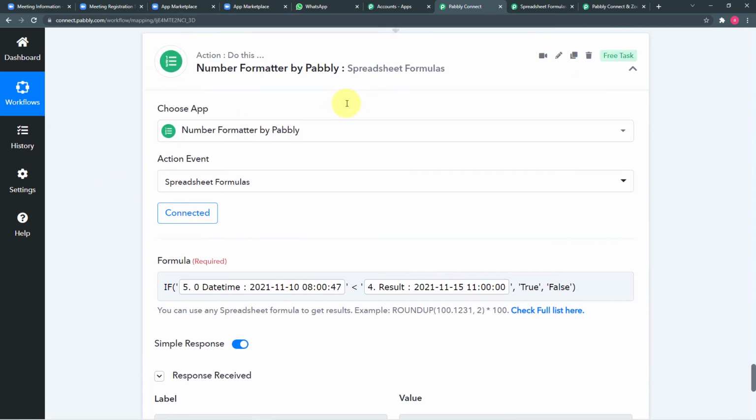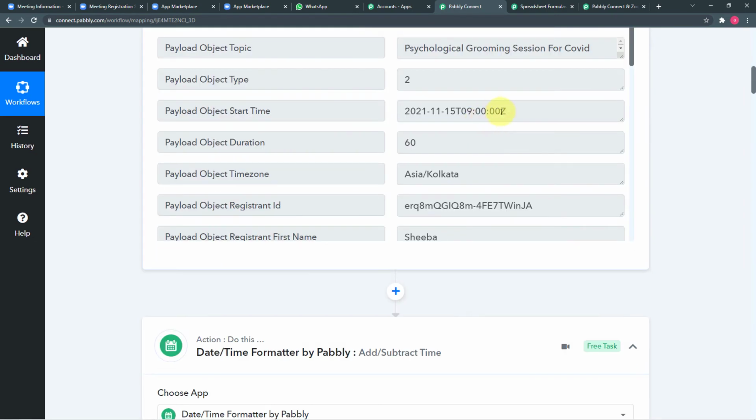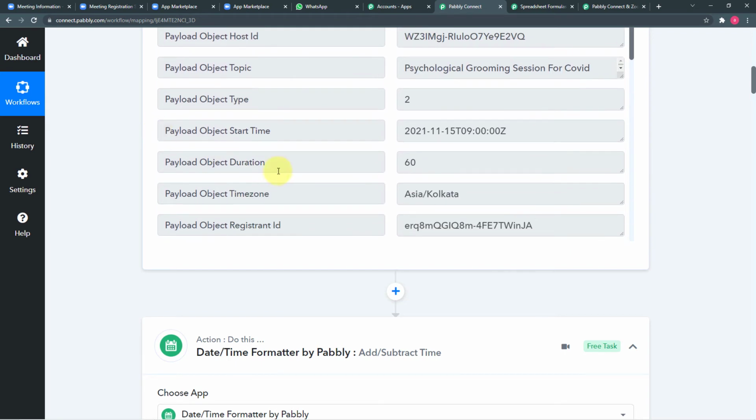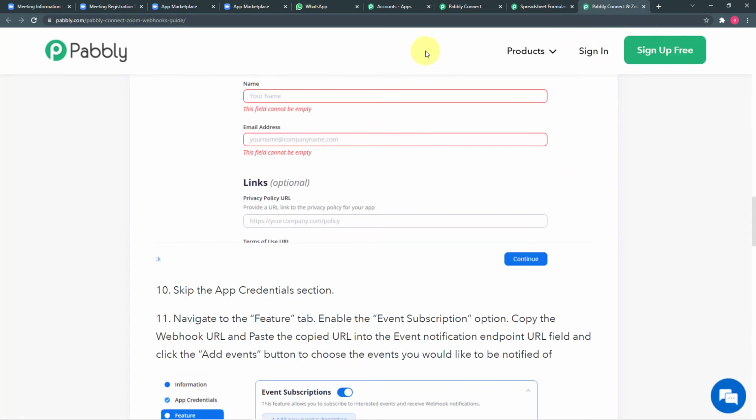see, from the Zoom meeting we have got the date in the UTC format, as I have shown you. As you can see here, in the first step where we captured the data from the Zoom app, we got this date and time in this format. But in the message that I have shown you in the demo, the time is something like this, 2:30. So it is not in the UTC format, it is showing the correct time in the Indian Standard Time format. So to convert this